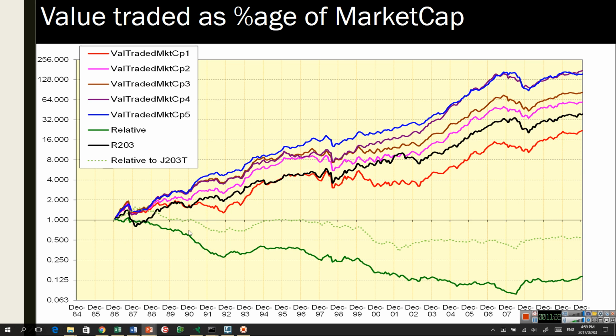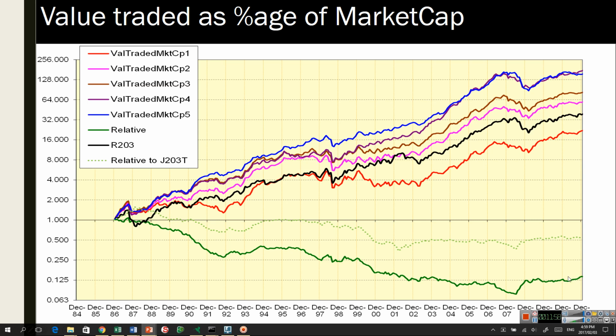And as that gap increases, which it does quite a lot over here, you'll notice what's happening is the red line is going down a lot, whilst the blue line is going up here. It's telling us that this style, had you bet on it, invested on it, would have actually worked very well over this period. And it also tells you that over this period here, for example, the gap itself isn't actually changing much. So you can see, generally speaking, over the entire 30-year period, we do find that the illiquid shares have done better than the liquid shares.